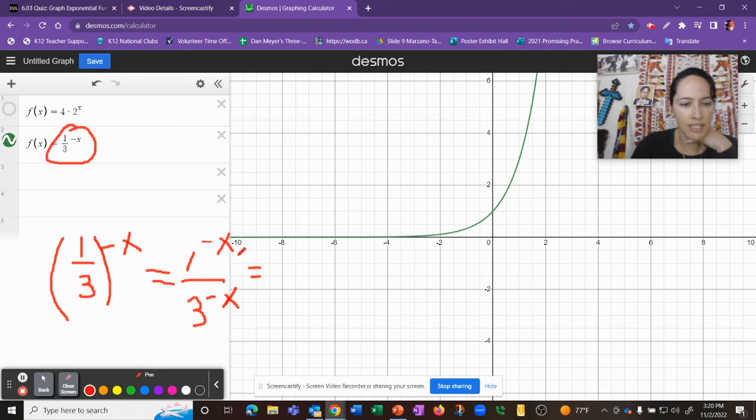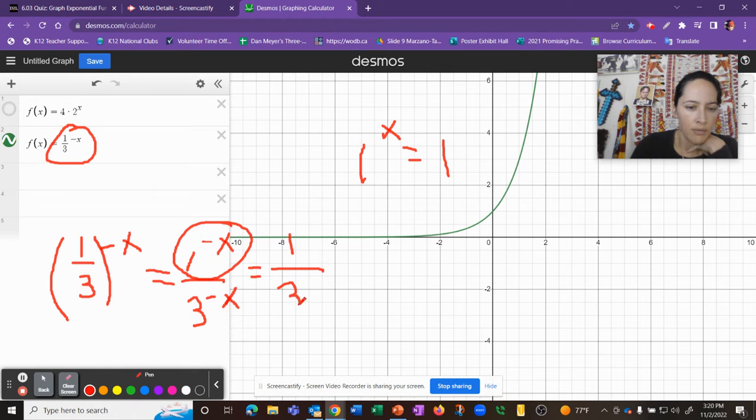Okay, but rules of exponents, this is just 1. 1 to the power of any number will always be 1. You can check that. So this will be 1, but 3 raised to the negative x, I can flip